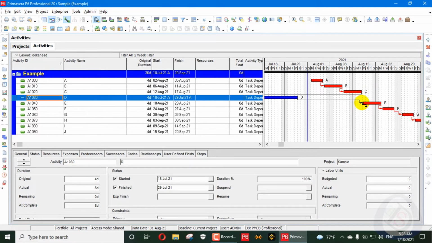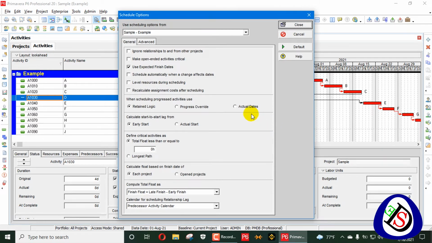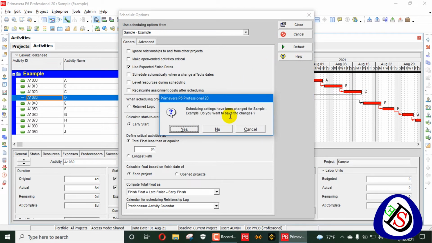It will be done only after C. So when scheduling an activity out of sequence using the retained logic option, it will focus on the network logic. Now we will use progress override and see how this impacts.